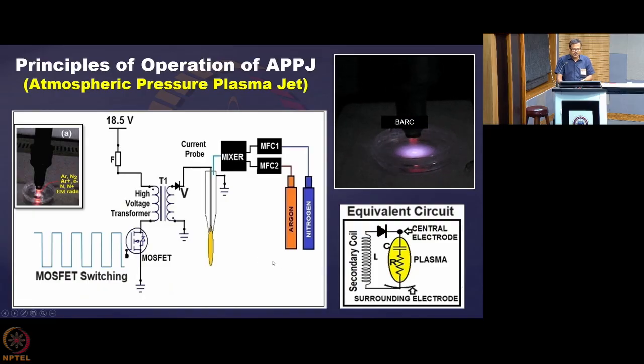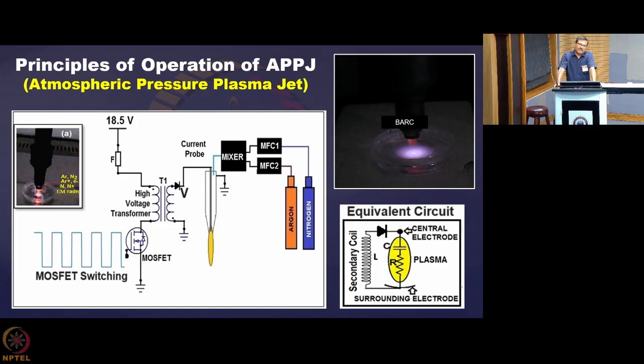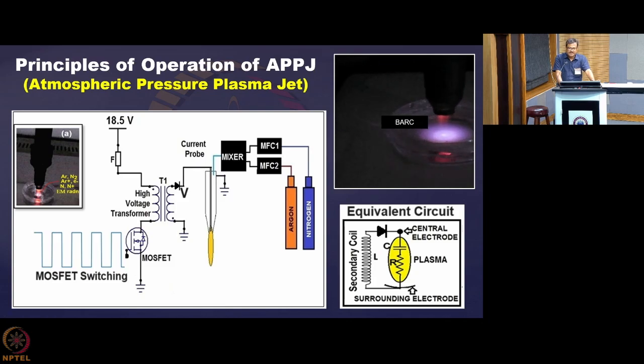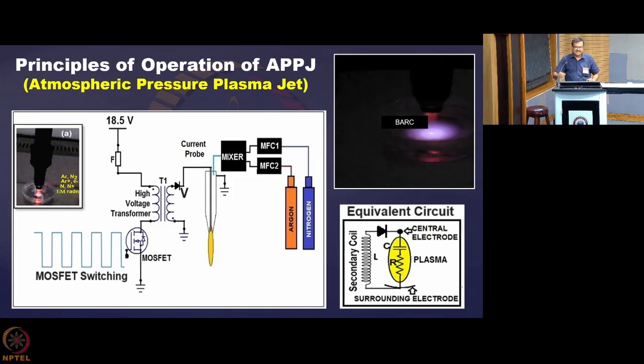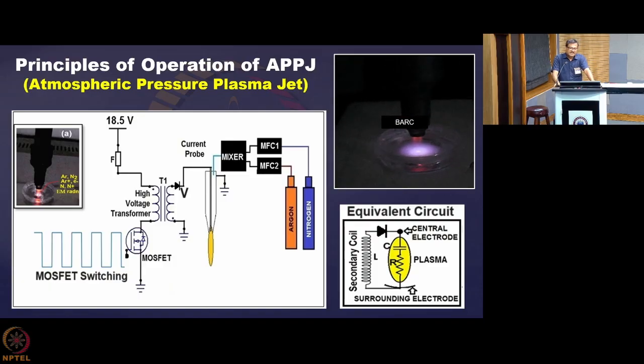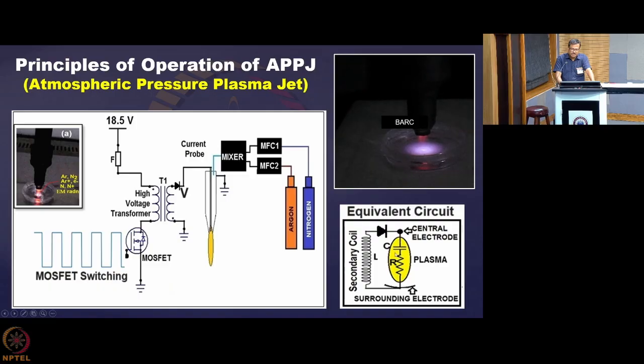Between these two, plasma is formed in this region, and you can represent this plasma using a capacitor and resistor model. This plasma gives you some resistance depending on the kind of plasma you have created, and because it is between two plates with some dielectric medium, it offers some capacitance. So basically you have now formed a secondary coil inductance L, the capacitance of the plasma zone, that is C, and the resistance of the plasma that has been formed.